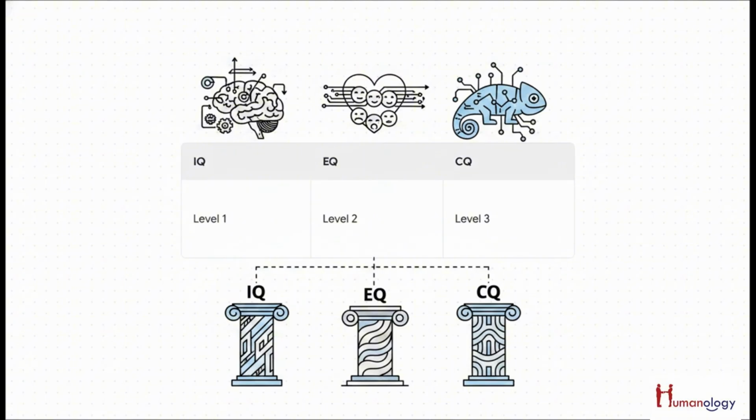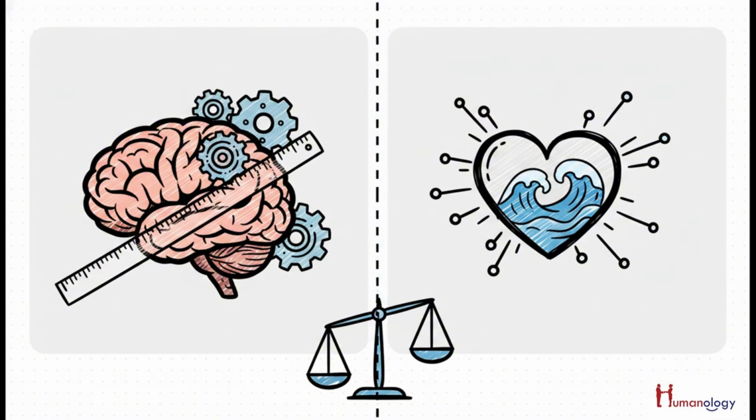And finally, CQ, cultural intelligence. This one is all about your adaptive capabilities, your ability to cross boundaries, understand different cultural contexts, and actually thrive in totally unfamiliar environments. They stand side by side as distinct levels of intelligence that each require their own unique focus. Seeing these contrasted really brings the tension into focus, doesn't it? On one side, you have traditional IQ, which is that classic historical metric of cognitive ability that early workplaces obsessed over. But right alongside it, the module places EQ and CQ as equally valid, differing capability levels.